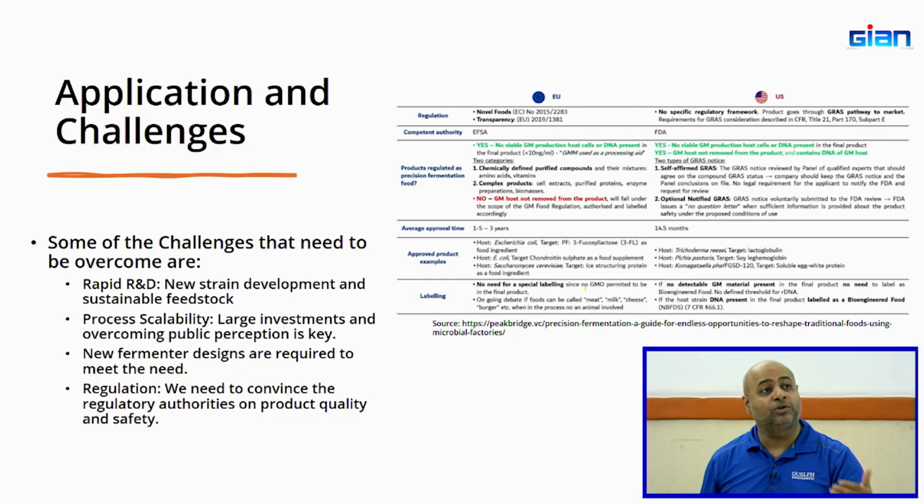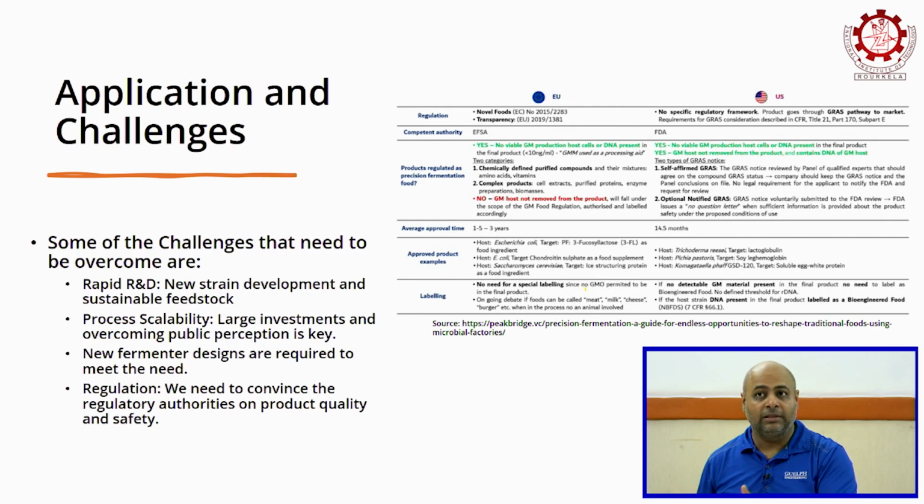The EU is much stricter compared to the US from the food safety perspective. They don't allow genetic modification. Many countries won't even allow you to sell GMOs. So they are very strict in nature. That's where, if you are developing a product that comes out of a GMO, you don't have a very large market if the public perception is not changed, or if you're not able to convince